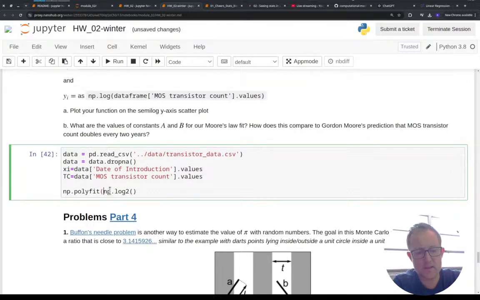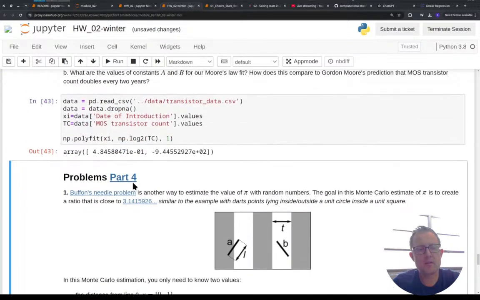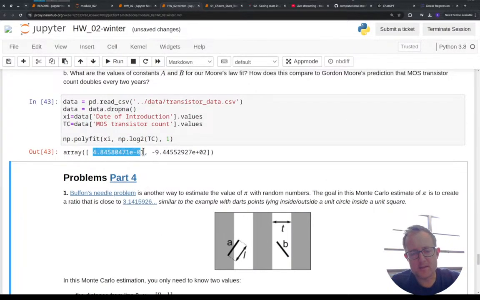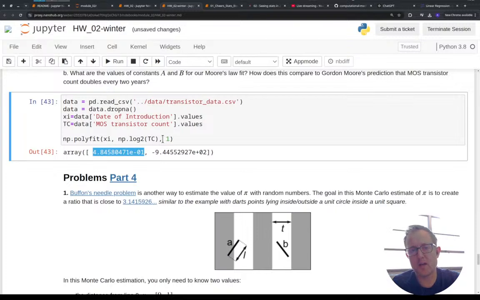So I could say np.polyfit of xi, log2 of tc, and 1. And what I get is that my slope on a log base 2 plot is about 1/2 with an intercept